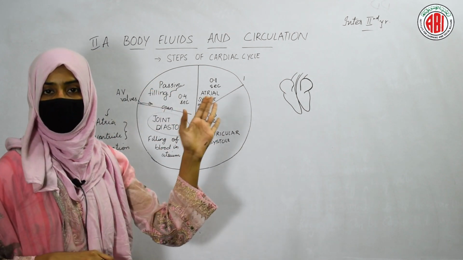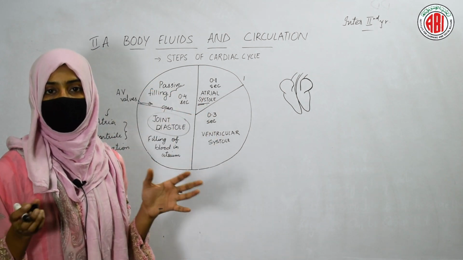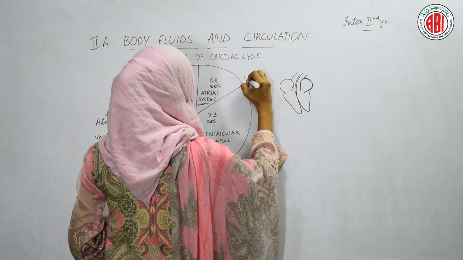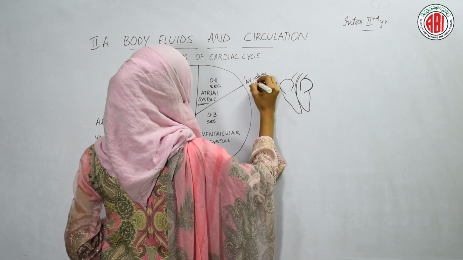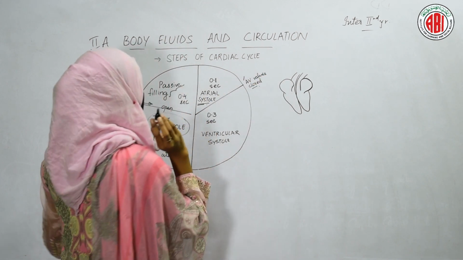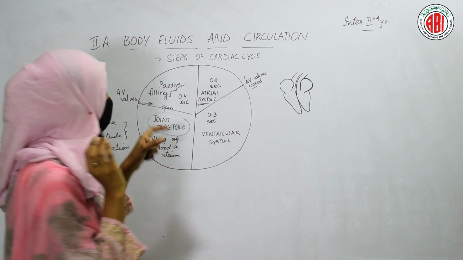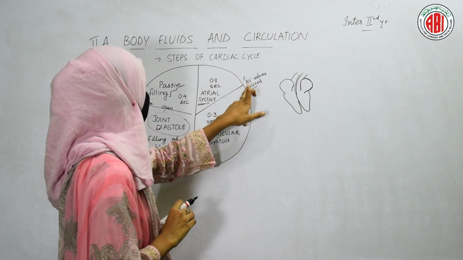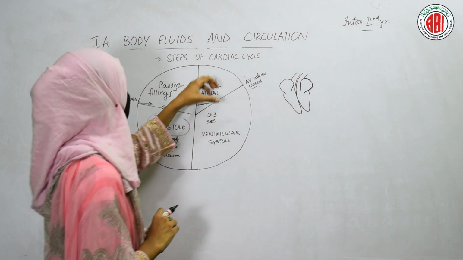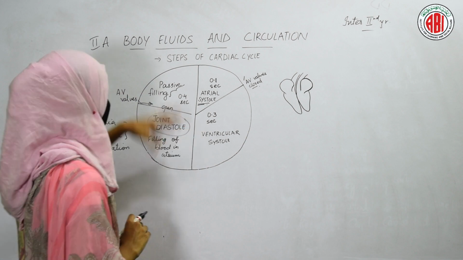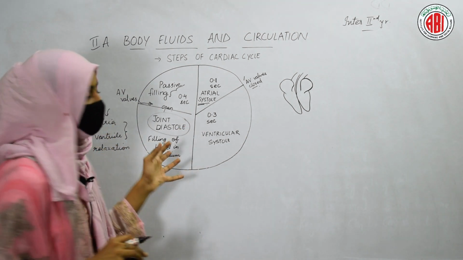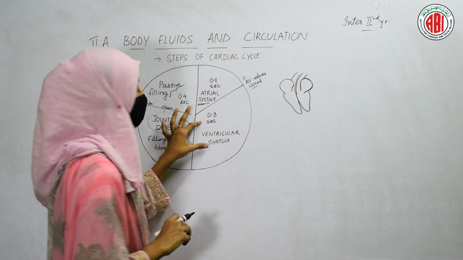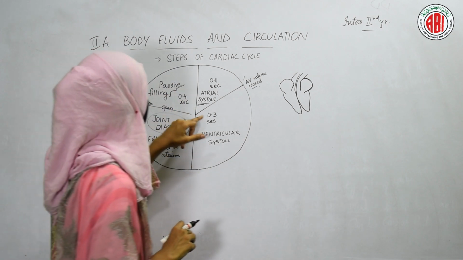As soon as the blood enters into the ventricles, the valves get closed. Atrioventricular valves are present. So these atrioventricular valves get closed as soon as the relaxation of the atrium starts. When the atrium starts relaxing, at that time these atrioventricular valves get closed, and the blood which enters into the ventricle exerts some pressure, and due to that the ventricular contraction starts. Now the contraction of the ventricle is called ventricular systole and it happens within 0.3 seconds.